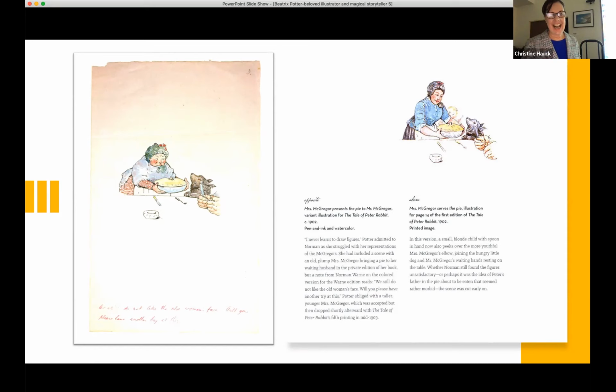Right? You see in this illustration, you see Mrs. McGregor, and she presents the pie to Mr. McGregor, who you can see his knife and fork in his hand right there. And so